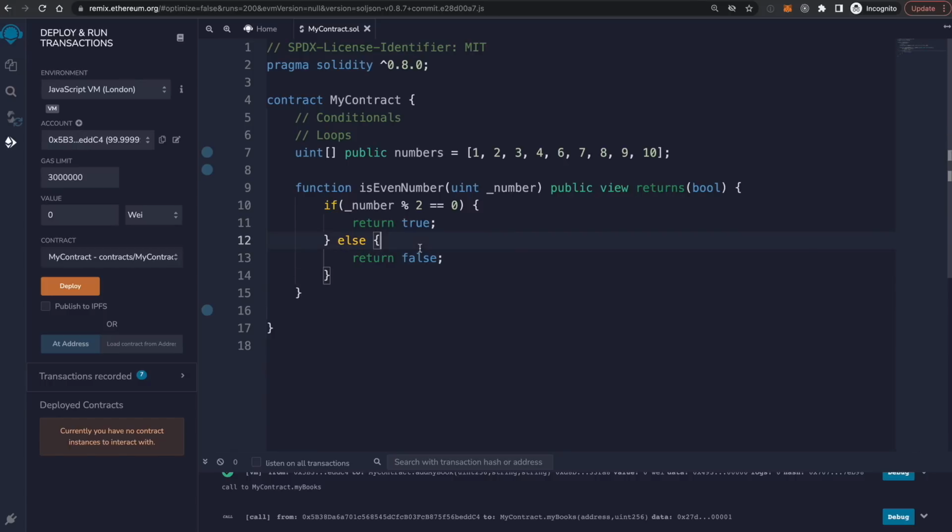Okay. So, let's talk about the condition itself. How do we check if a number is even? Well, we use this thing called the modulo operator, which basically takes a number and divides it, and it gets the remainder. So the remainder is like this. 5 modulo 2 is going to equal 1, because if you divide 5 by 2, it's going to be 2 remainder 1,